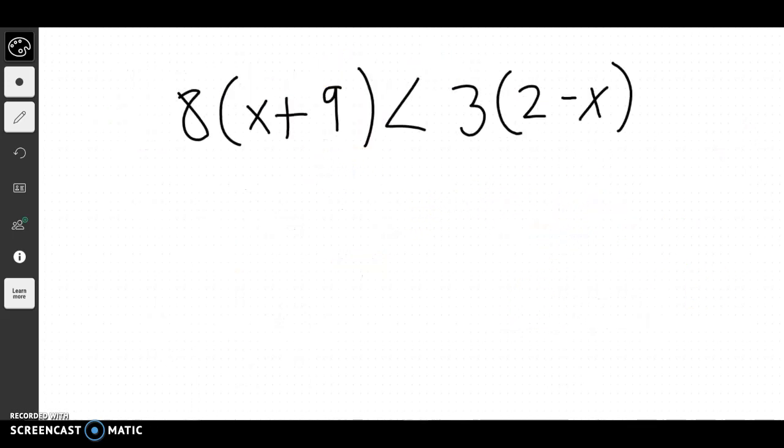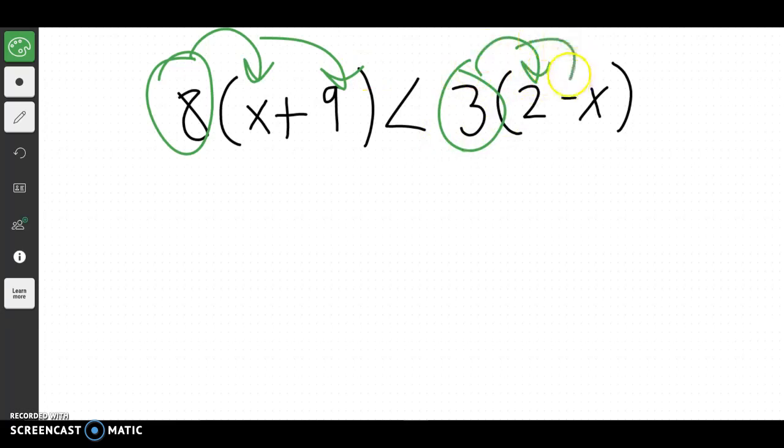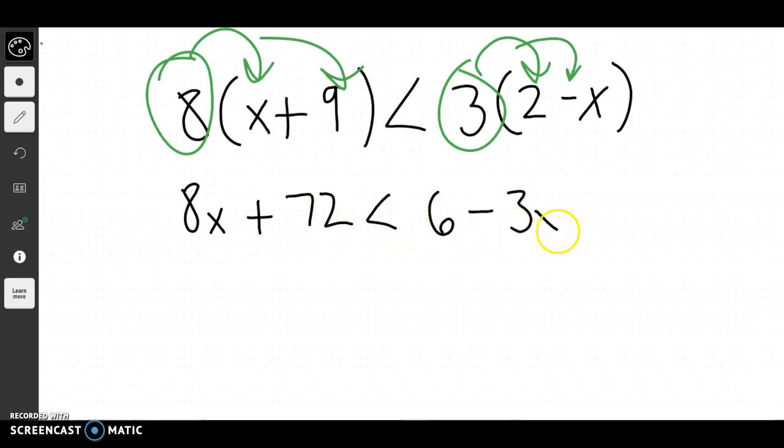Let's try another one. For this problem, the first thing I would do is distribute, because anytime I have parentheses and a number outside, distributing seems like a good step. So I'm going to get 8x plus 72 is less than 6 minus 3x. At this stage, again, I try to get all the x's to the same side. Since this is a minus 3, I'm going to add 3x,